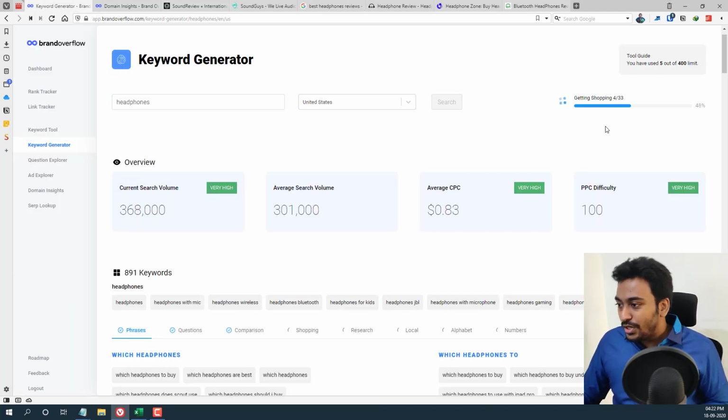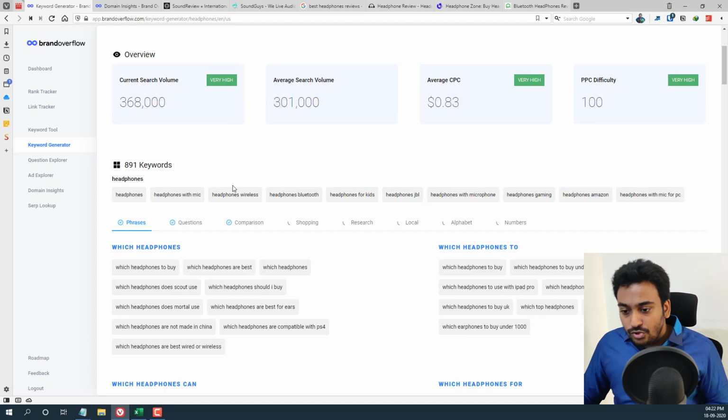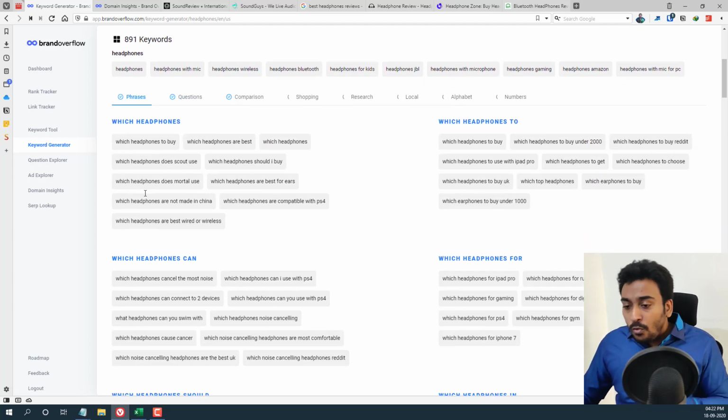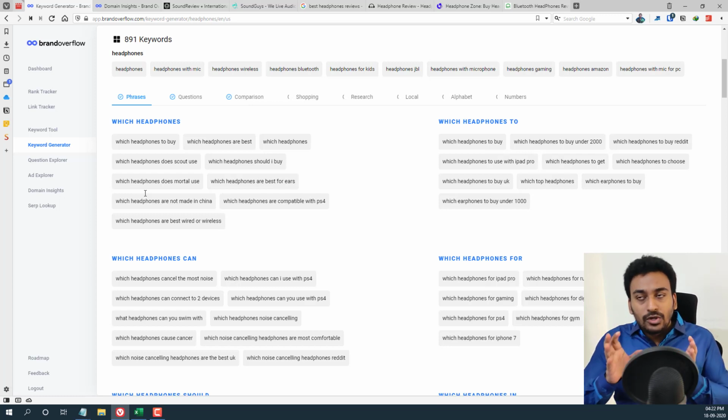It's still running, I think it's currently in shopping, it completed 3 different phrases. I can go through it until I go through this. You can see the phrases. Now we are getting into the long tail keywords. These are the keywords which I would try to focus on to get faster ranking and to get